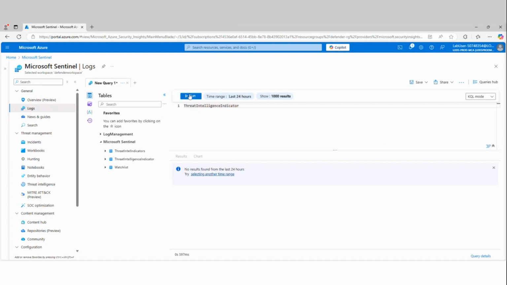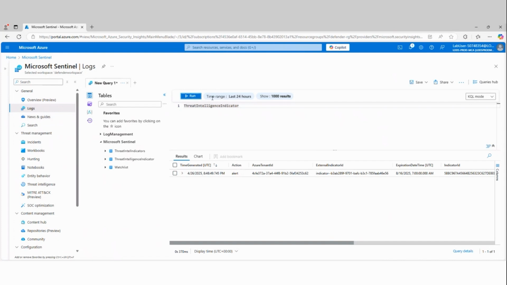Now, I do have an entry in here, but notice here it says in the last 24 hours, there have been no results. And the primary purpose for that is the fact that it still hasn't technically updated. So it may take a few minutes for that information to show up in your query. It can take 5 to 7 minutes. But if you wait a little bit, you'll see that query pop in here. So let's give it a second.